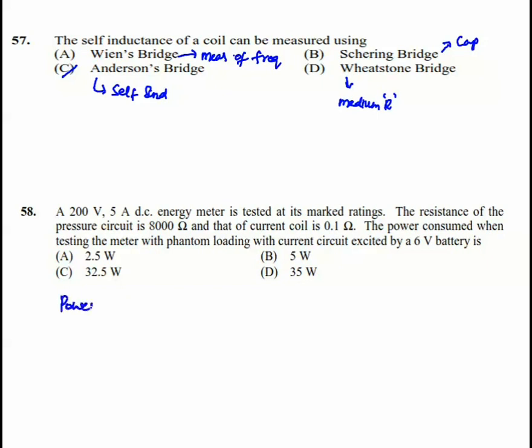Power consumed by the potential coil is equal to V square by RP. What is V square? V square is nothing but 200 into 200, divided by the potential coil resistance, 8000. Okay, if we solve this, we will get